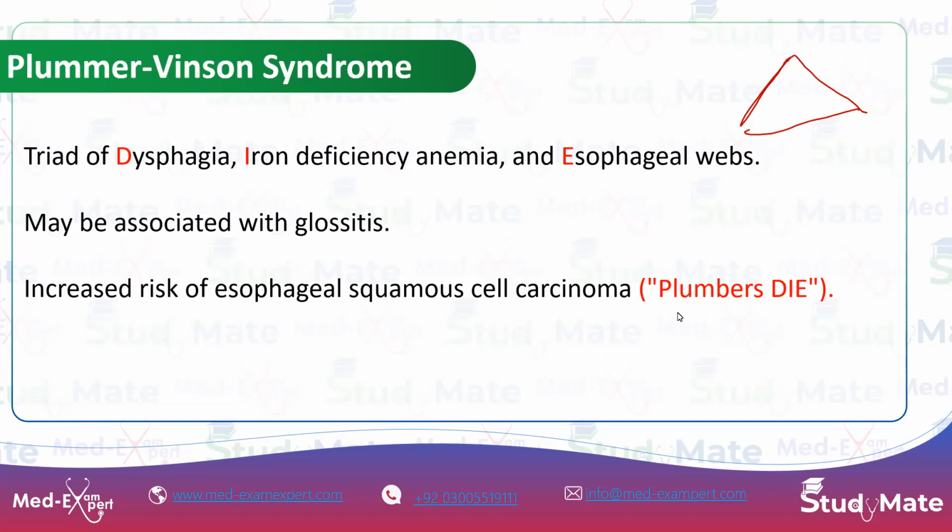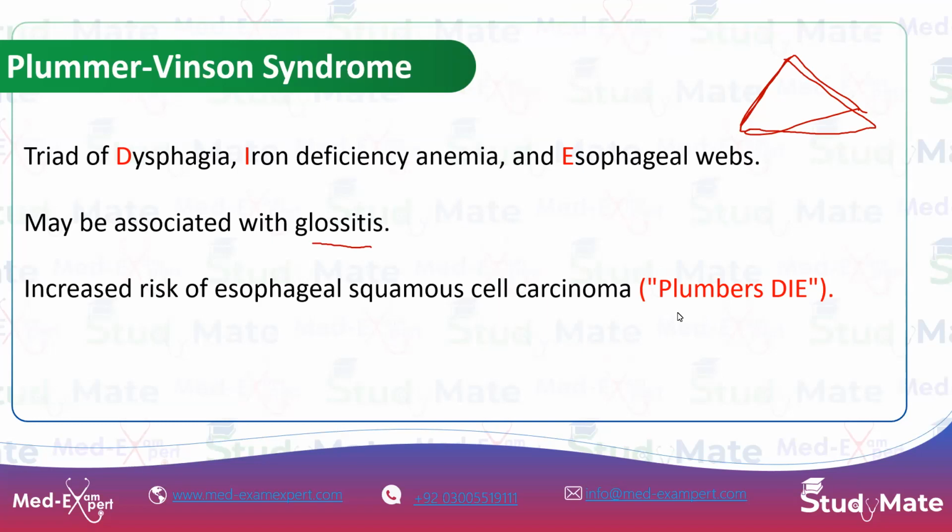तो जब ये ट्राइड पूरा होता है आयरन डेफिशिएंसी एनीमिया, डिस्फेजिया और इसोफेजियल वेब्स का, we call it as Plummer-Vinson syndrome। So this is also associated with glossitis, which is the inflammation of the tongue। This Plummer-Vinson syndrome, if not treated in time, it can progress to esophageal squamous cell carcinoma।